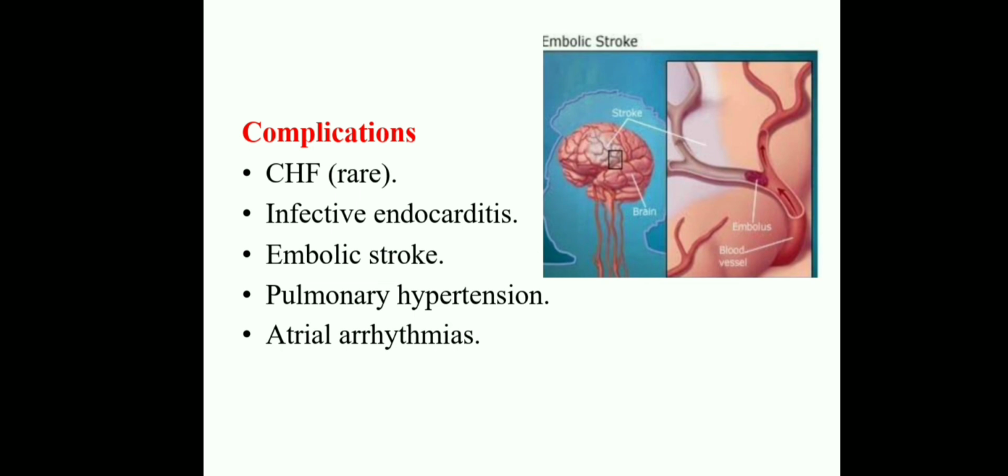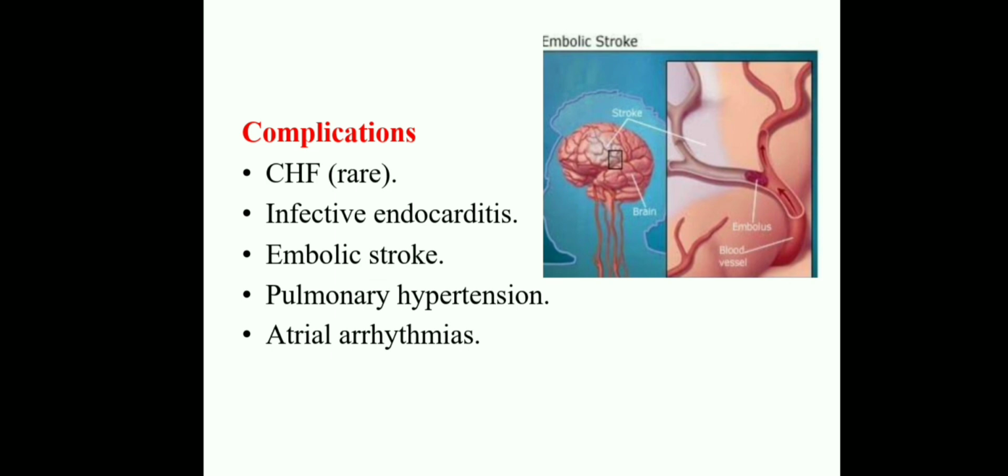Next, coming to the complications. Here the complications are congestive heart failure. Mostly rare conditions we will see. That also is one of the complications, and infective endocarditis, inflammation of the endocardium, and then embolic shock. Here, because of some clot, it may obstruct the bifurcated branches of the veins or arteries. Here the embolus, look at this picture. Here the embolus is there, no, through the blood vessels where the bifurcation is there, that blood clot may enter into the brain, and then the child is having embolic shocks.